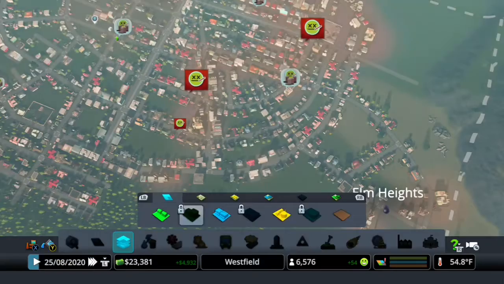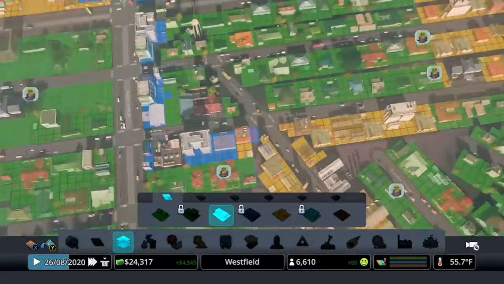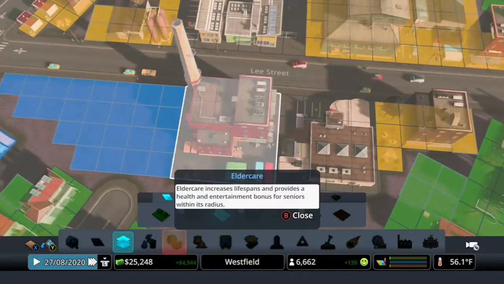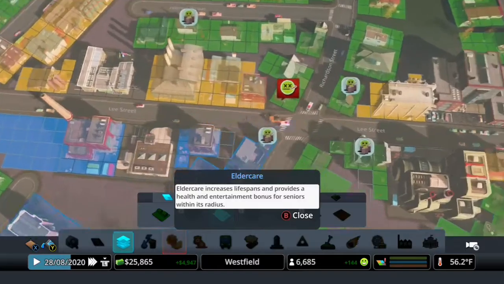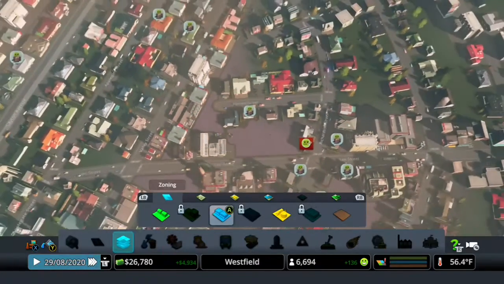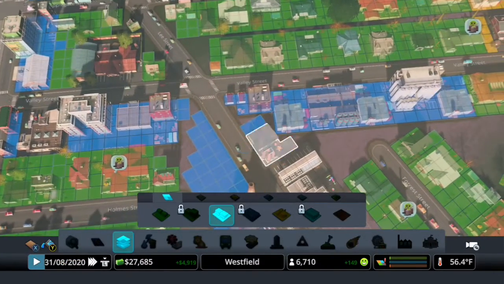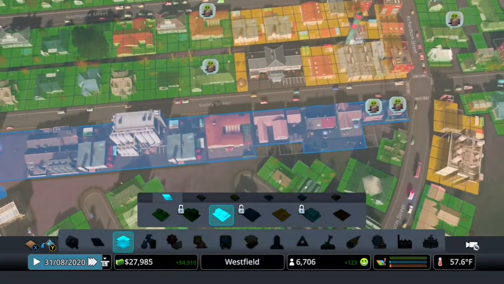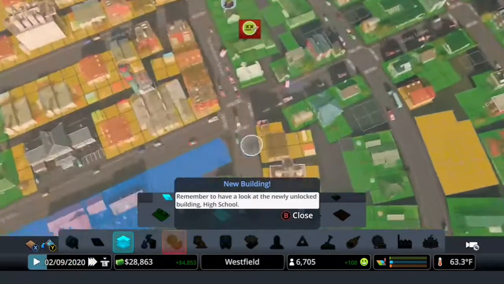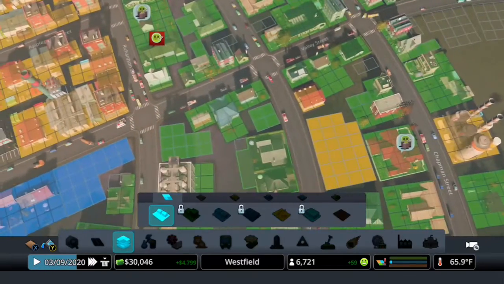So let's take a look at the zoning a little bit more, because we haven't covered this side of the city, and that's fairly apparent. So again, this area should probably be... I think what we're going to do is turn this into a little commercial strip area here. This will just be residential. Whoops. And then...